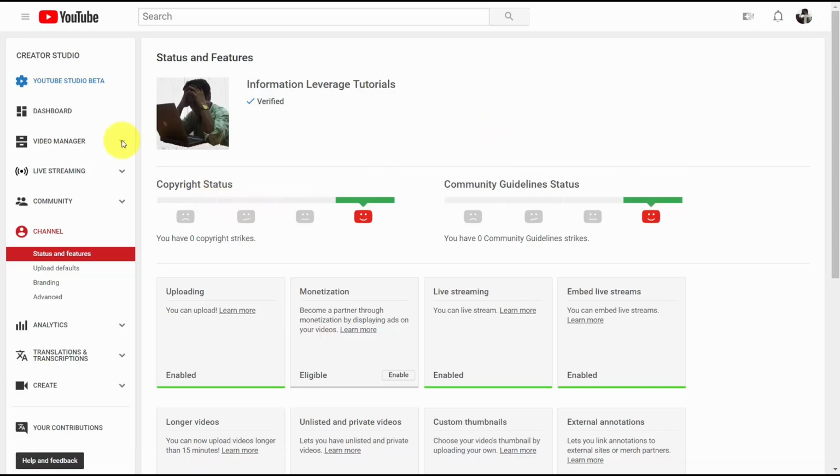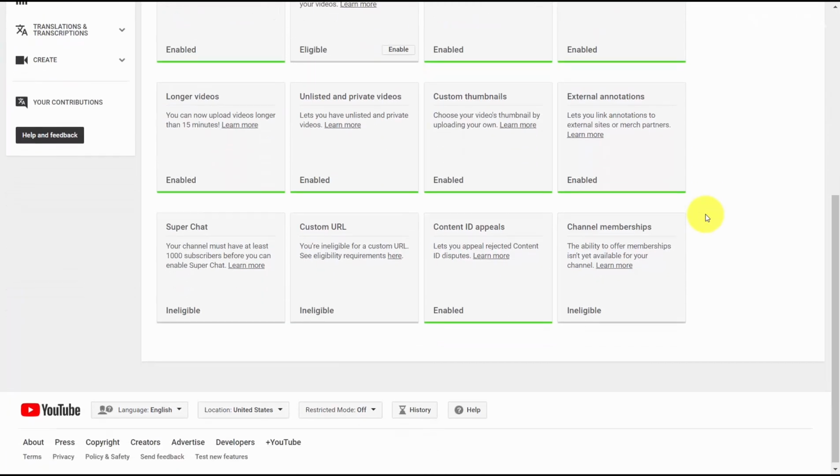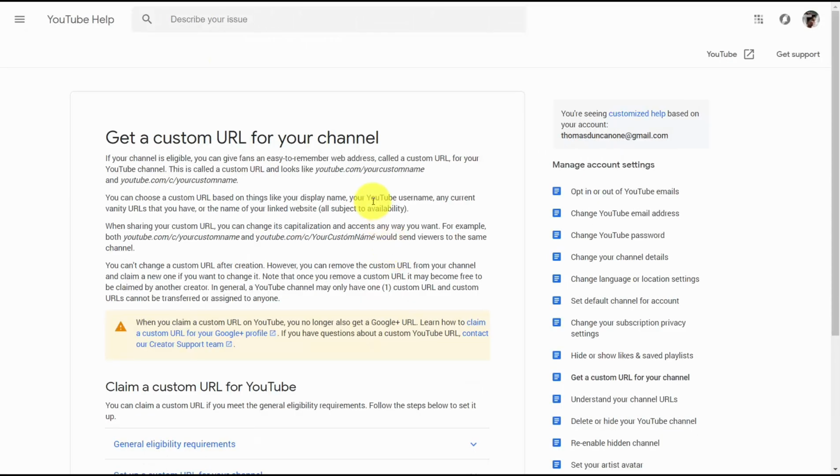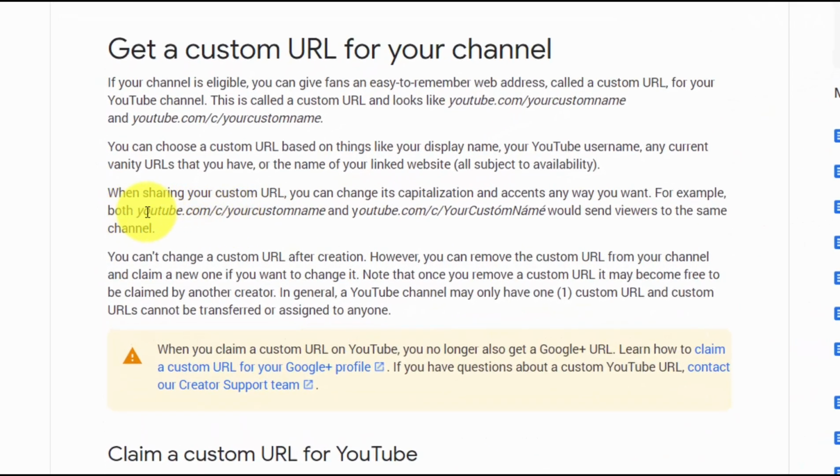Welcome back. Now, if you go inside of your Creator Studio, and you go into the channel link, and you click on the status and features, one of the things you're going to want to do is scroll down here to the bottom. You're going to notice that there is a way for you to be able to get a custom URL. Now, currently, this channel that we're using for the sake of this tutorial course is ineligible for a custom URL. However, it is a good idea to know what the requirements are. So we're going to click this link where it says here. And what you're going to notice is that this is going to give you the ability to give you a name that you can give to your YouTube URL instead of the long, ugly one that we were working with